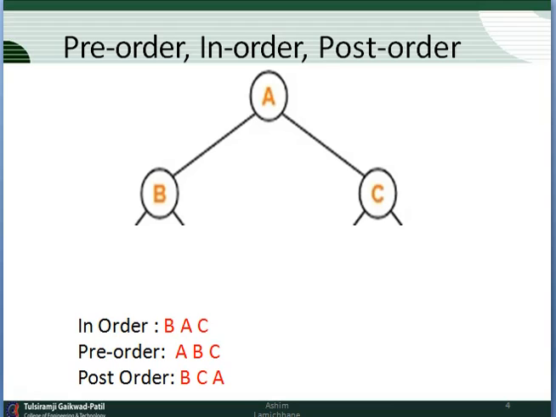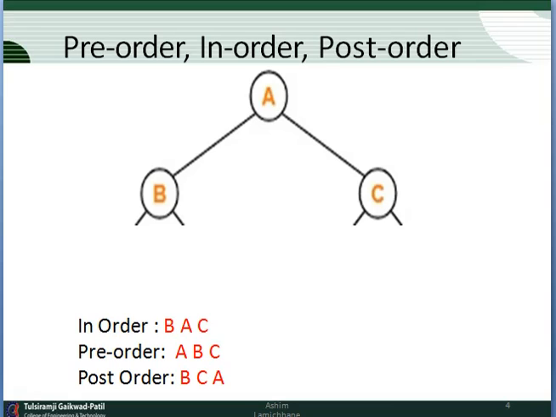Now we can see the post-order. What is post-order traversal? With respect to this diagram, I have pseudocode along with all these three different traversal techniques in the upcoming slides. In post-order traversal, the root node is visited last, hence the name post-order. First we traverse the left subtree, then we traverse the right subtree, and finally the root node.